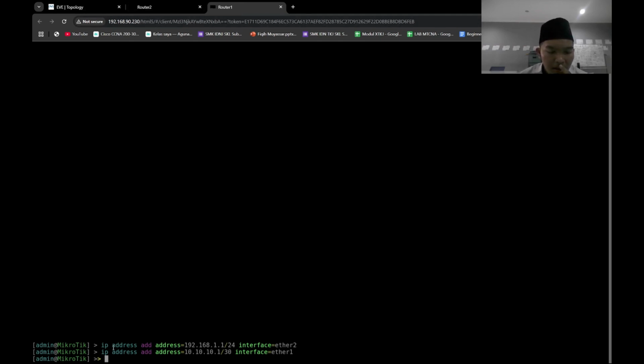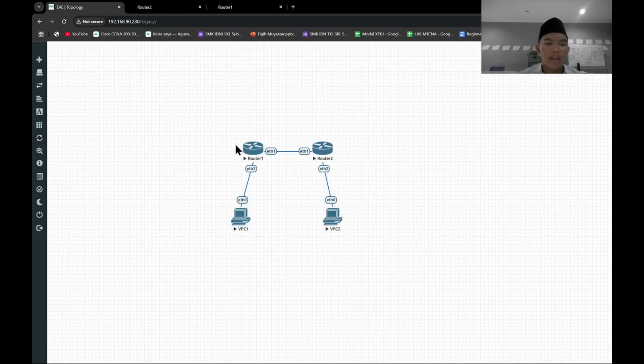For example, in router 1 I already added 192.168.1.1/24. That means the network is 192.168.1.0. That's the network of this IP, and the IP is used as the gateway for PC1.